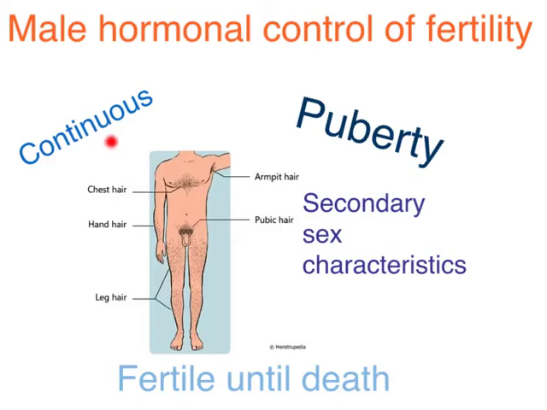The first one is that male fertility is continuous, which means really two things. The hormones are continuously released throughout the body to replenish supplies of both sperm and testosterone, but also that males are continuously fertile from the time of puberty until death. And so therefore male fertility is considered to be continuous, which is a little bit different than female fertility, which is not continuous.